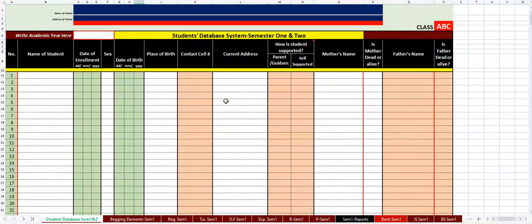That means for the entire year, this is the database that you're going to keep for the students. All the students that you have here, you're going to fill in this place, with that information: the number, the name of the student, the date of enrollment, the sex, the date of birth, place of birth, contact cell number. Then we have current address, how